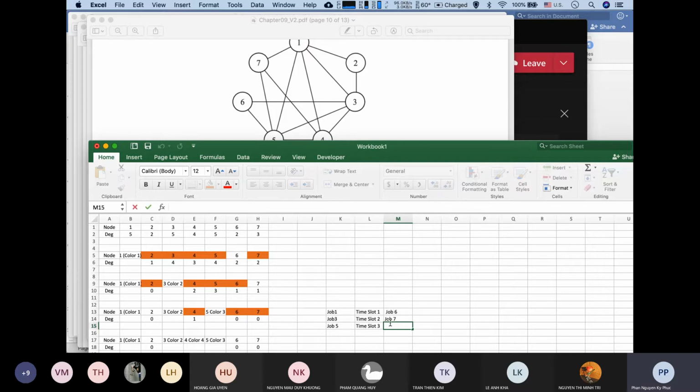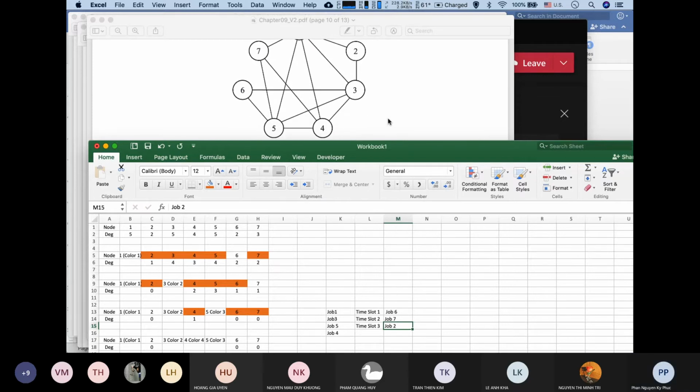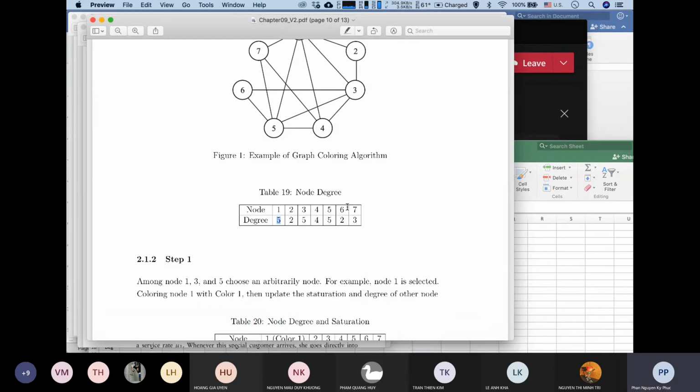So job 2 sẽ được assign cùng lúc với job number 3 và cuối cùng là job number 4, right. Lúc này mình coi thử con job này chưa được assign không, right. Nếu đúng thì job number 4 có thể assign đồng thời với job number 6, nhưng mà job number 6 đã được assign rồi nên mình không cần quan tâm cái vụ đó nữa, right. Thì cuối cùng time loss cho bài toán này sẽ là 4, right. Cmax của nó sẽ là bằng 4